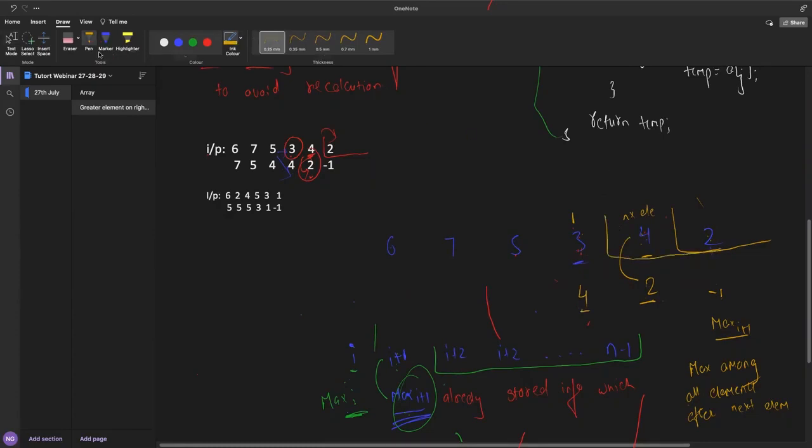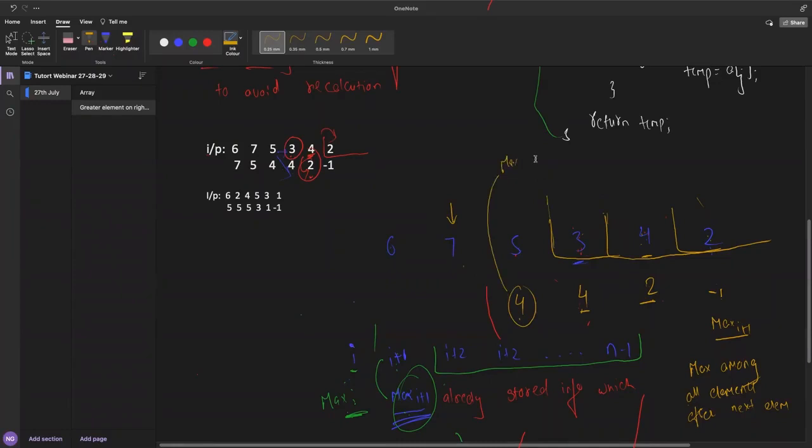Now you come to 5. When you come to 5, you know that 4 is the maximum element after 3. It is just not compared with 3. So you compare 4 and 3, so it will be 4. So 4 will be the maximum element after 5. Now you will move to the next element, which is 7. So 7, again, same thing. 4 is the maximum element after 5.